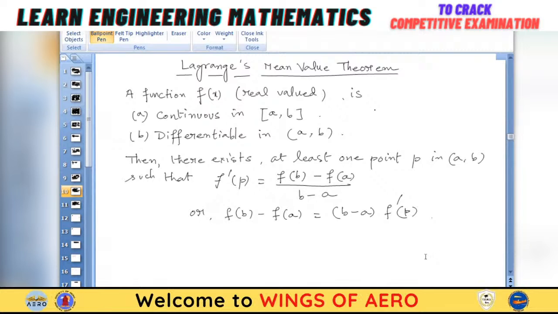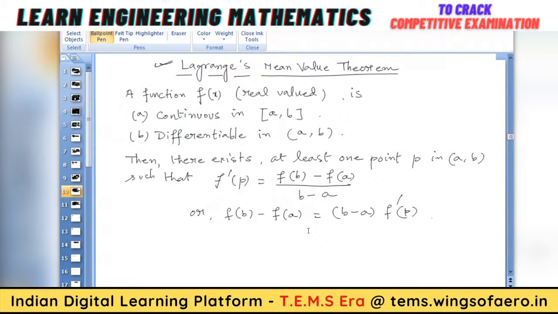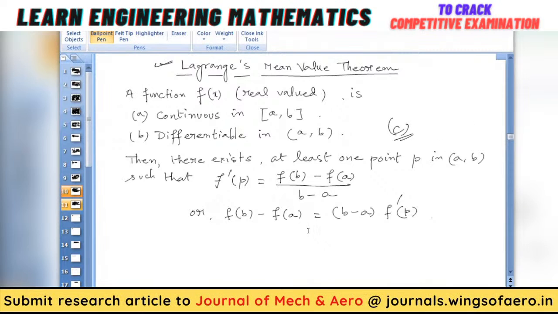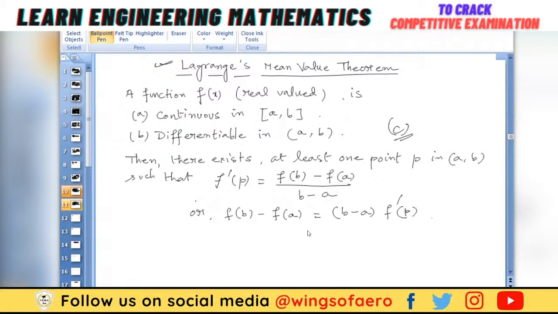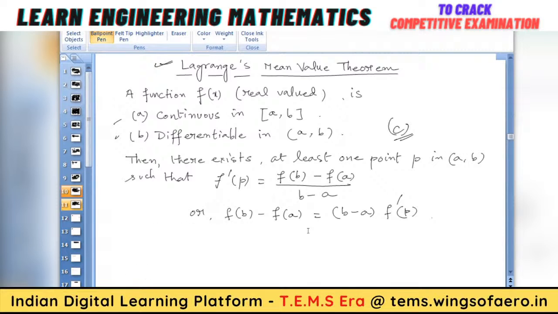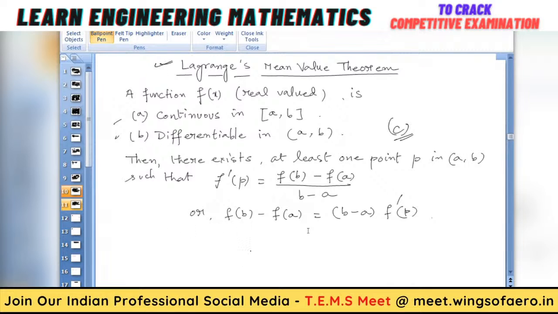Lagrange's mean value theorem is the most generalized form. After implementing one extra condition, condition C, it can be converted to Rolle's theorem. You need to remember this, because sometimes questions may be from this theorem: some conditions are given to you, then which of the following options is true. So four options are given from this theorem, so you need to remember this statement,